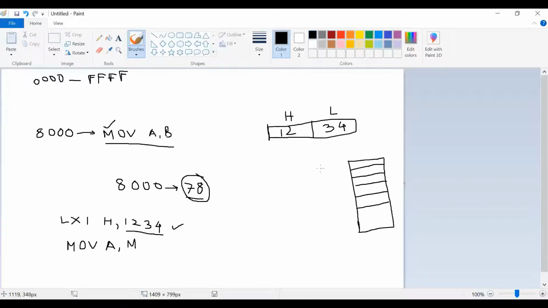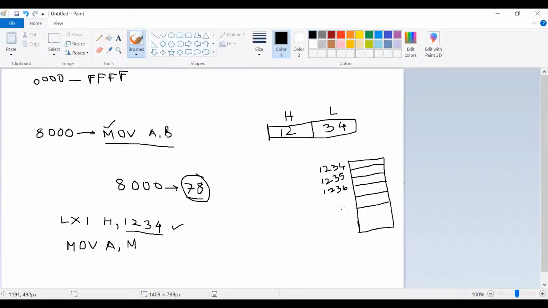If the first location is 1234, the next location will be 1235, the next 1236, then 1237, 1238, 1239.